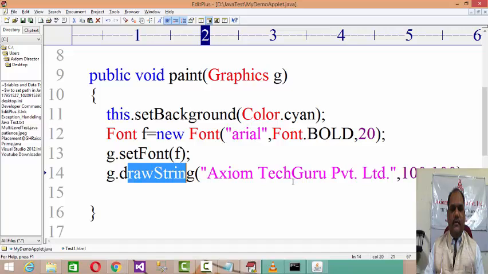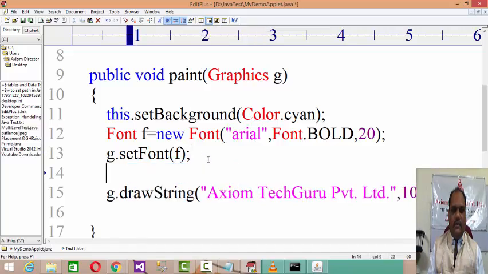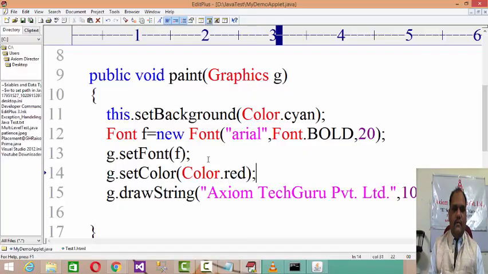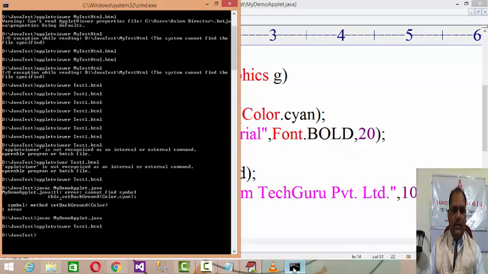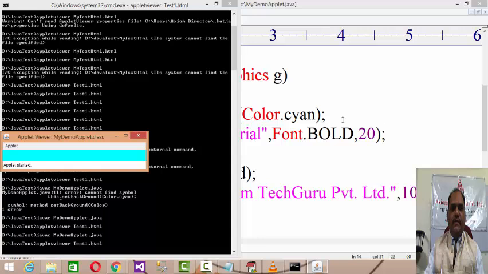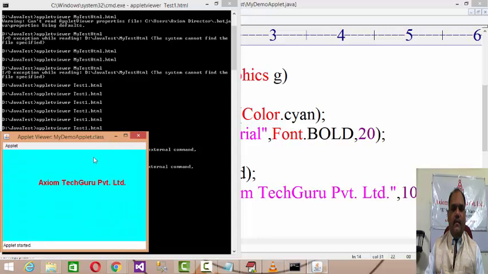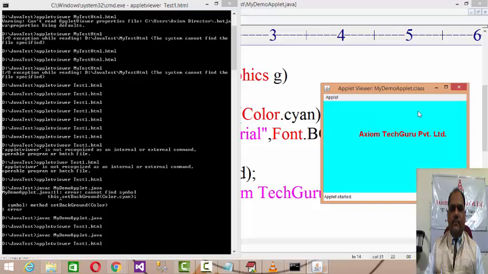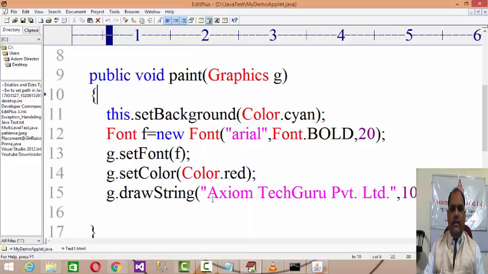Okay, so g.drawString, and if you want to change the color of it, then you can use g dot setColor method, setColor and Color dot red, and again try and compile it and run that. Okay, what you will find over here, that you get a background color of cyan, and your text color will be red, and you can print that